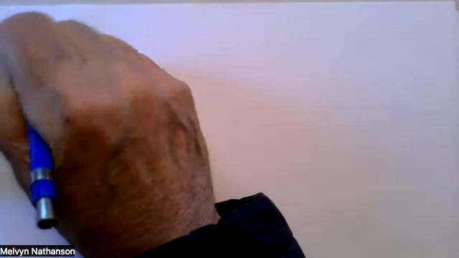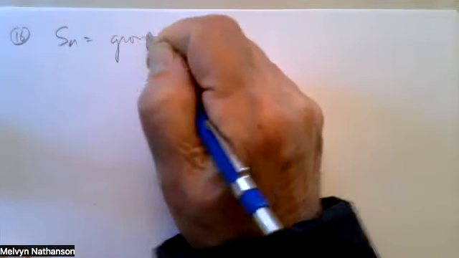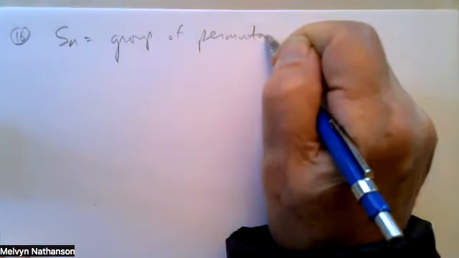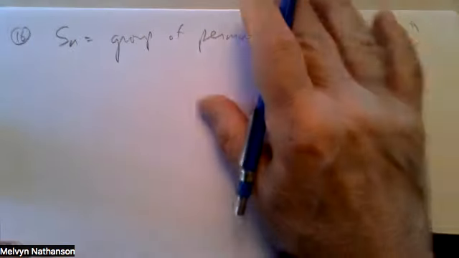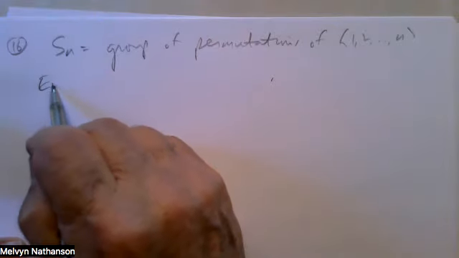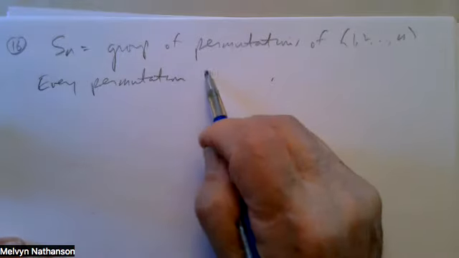Let's look at the remaining two problems. Number 16, we have the symmetric group Sn, which is the group of permutations of the set 1, 2 up to n. And we know some facts about permutations. So every permutation is a product